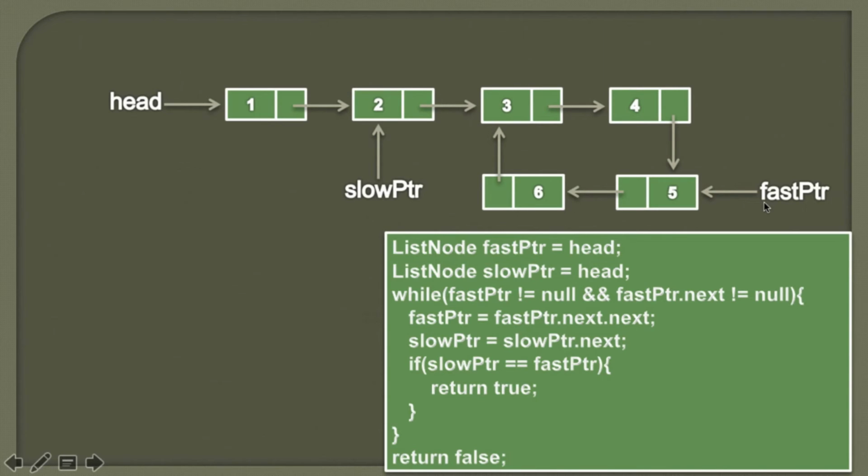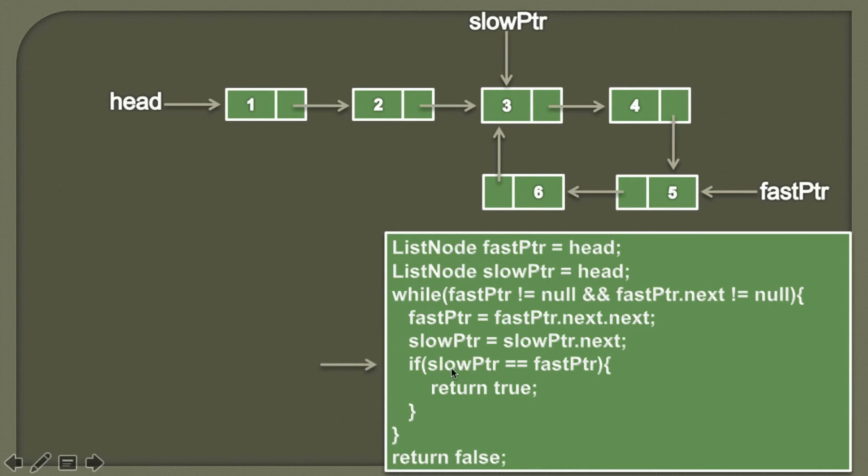Moving ahead, then we are simply traversing slow pointer by 1 position by assigning slow pointer next value to slow pointer. So it would look something like this. Moving ahead,